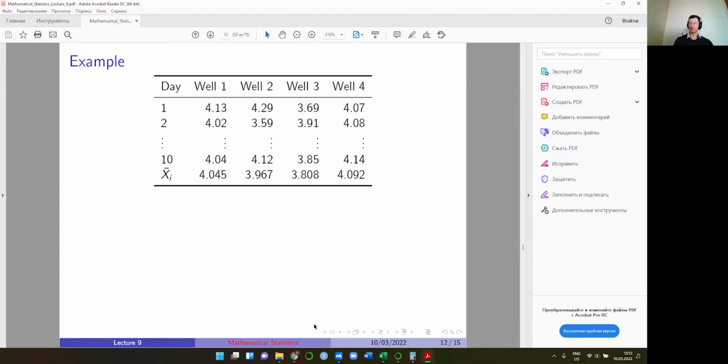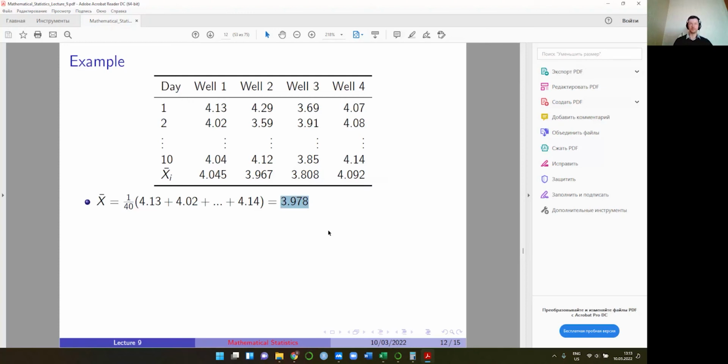Of course you can use some software for the calculation, it's not necessary to calculate everything by hand, but you need to be able to construct every part separately. So I made this table slightly shorter just to fit everything on the screen, but I guess you'll understand the idea. First of all, we calculate these x_i bars. Those are the means for every column: the average of this column, this column, this column, this column. The overall average, x bar, is calculated as usual. We take all 40 numbers, the whole table, sum over them, 413, 402, and so on, up to this last number, 414. We sum over them and divide by 40, the number of observations, and we have this overall sample mean,